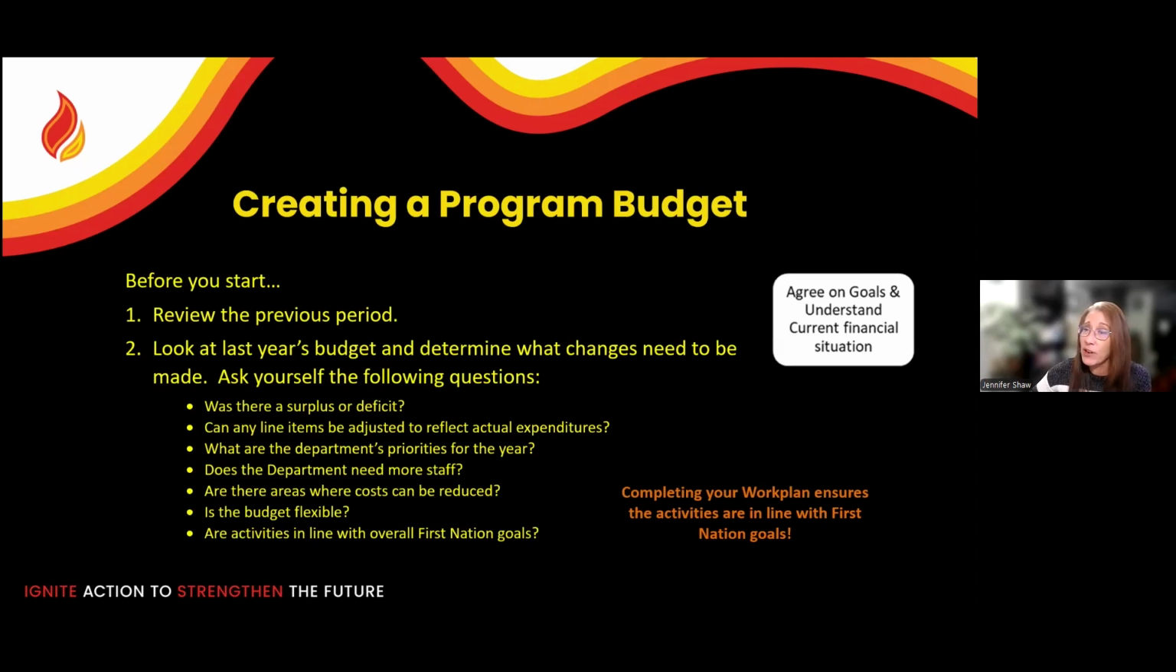So before you start creating a program budget, the first thing you should do is review last year's budget. A lot of times that funding is renewed yearly, whether you have that agreement in place when you start developing it. That's always a great starting point. So when you're looking at last year's numbers, ask yourself, was there a surplus or a deficit? Can any of these line items be adjusted to reflect actual